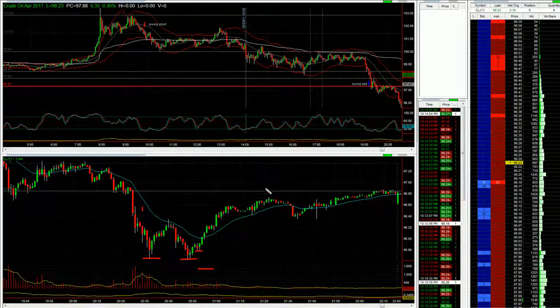I wouldn't normally trade after hours, but I did, and that actually worked out to be quite a nice little trade. I remember, I think I took it out at the 96.30 or something, or was it 40? I think I looked at later on, and it was this pullback.